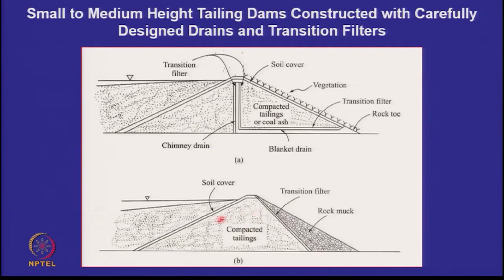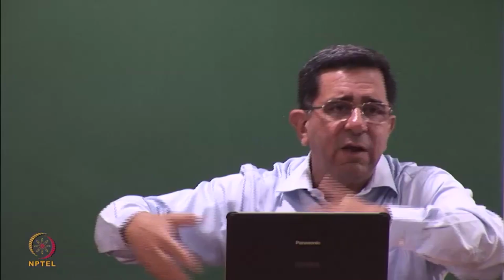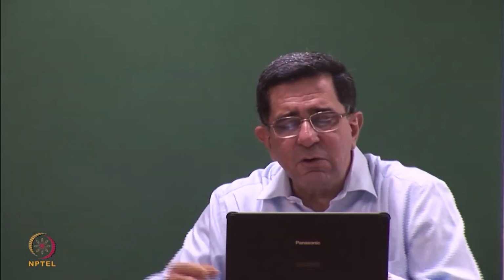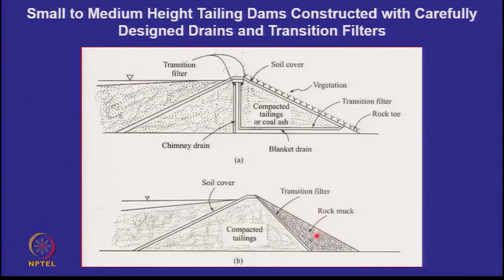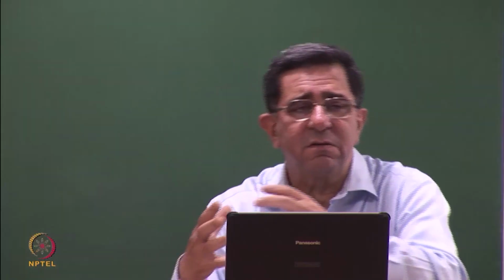I am showing here a very interesting example which we did for Hindustan Zinc Limited. They were taking out ore, but before they reached the tailings they had to dig up the soil and the rock and then reach the tailing ore. In doing so they were producing something called rock muck. Now rock muck was nothing but rock fill, drilled and blasted material. It would have a range from cobble sized down to sand sized.